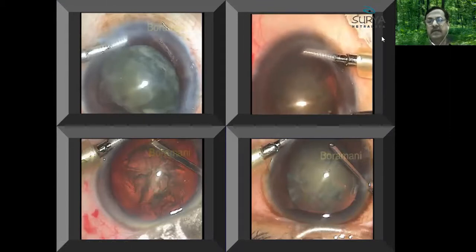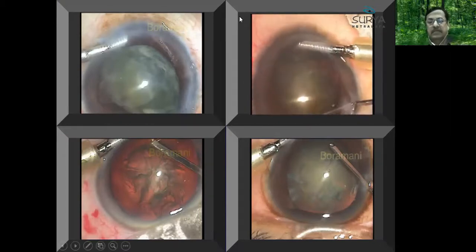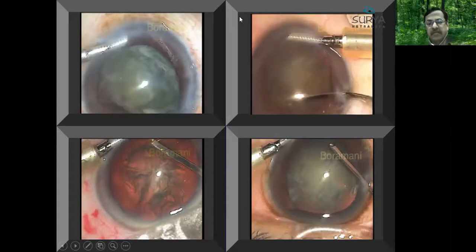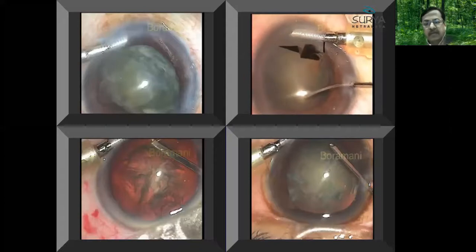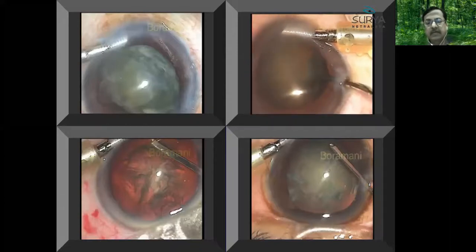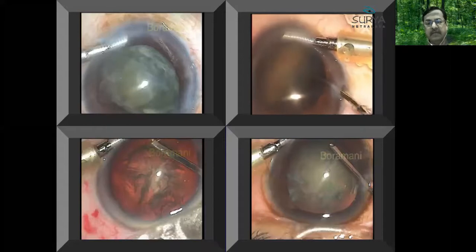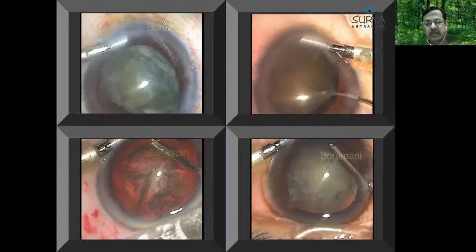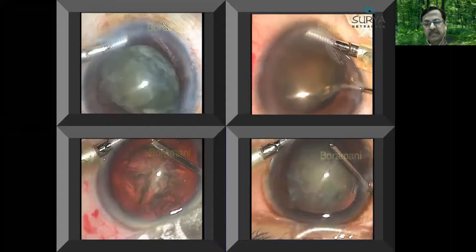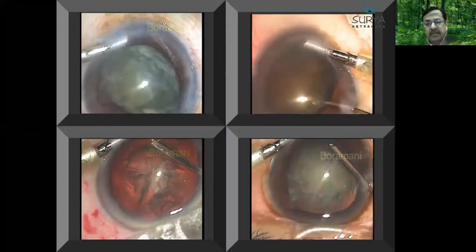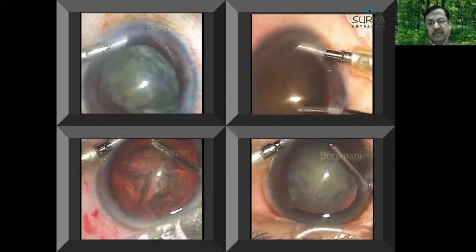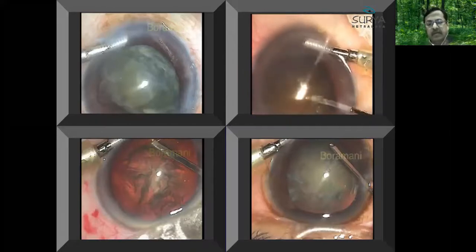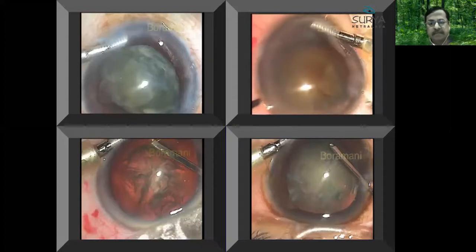Now on the right side video, I'm doing hydrodissection. Again with the hydrodissection, the fluid has gone, and the nucleus is slightly prolapsed. Do the rotational movements. Sometimes, if the nucleus is big, you can do the tumbling of the nucleus. Tumbling in the sense the anterior part of the nucleus goes posteriorly and the back side of the nucleus comes in front. With this tumbling movement, the capsule gets expanded and you can easily bring the major part of the nucleus out. Once the larger diameter comes out, you can gently rotate with either the Sinskey hook or the same hydrodissection cannula.